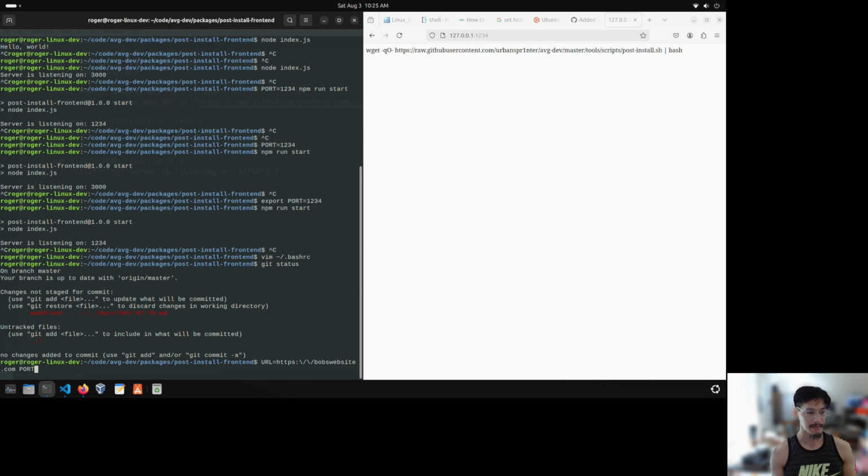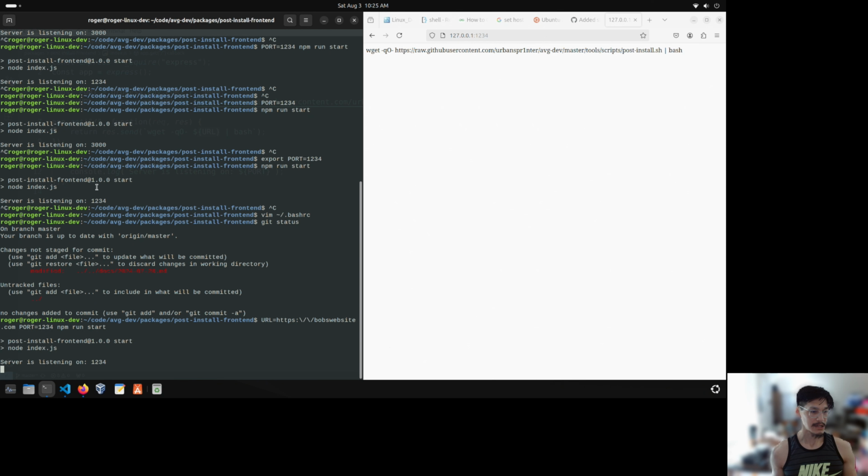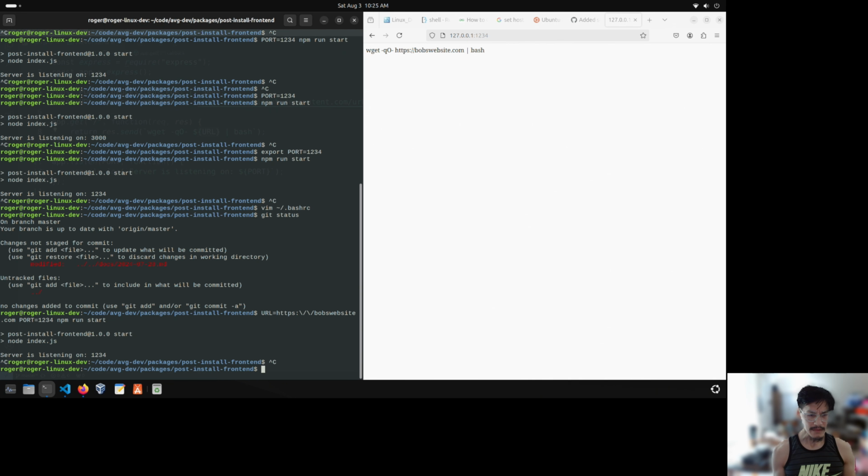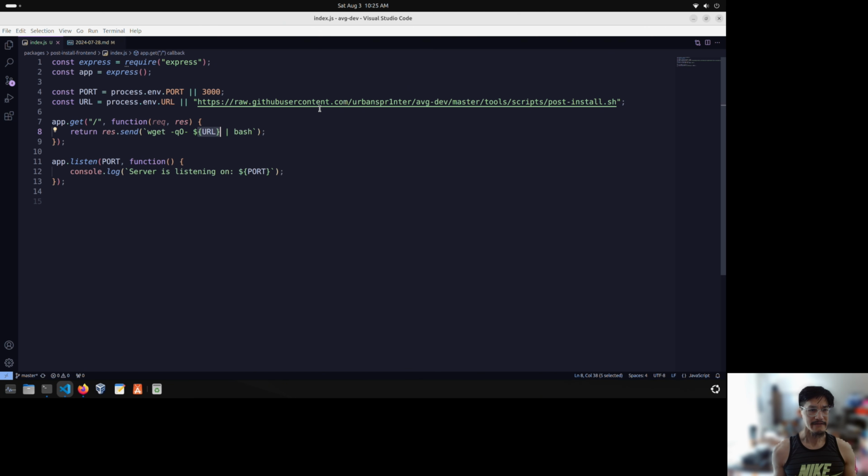bobswebsite.com, and then we'll define a port too after that to be 1234, and then we'll do npm run start. And then if we start it, we should be listening on port 1234. And then if we hit enter, we'll see that it actually uses bobswebsite.com. And I did escape this. And I think if you don't want to escape it, you can just wrap this in quotes. So yeah, we're just about ready. We have a configurable script or server here that allows us to control the port and the URL that gets